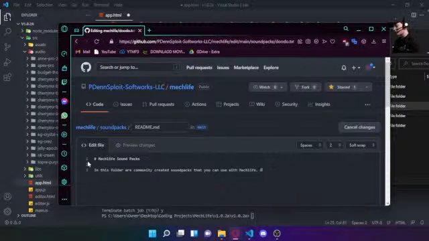Mechlife, download this repository as a .zip file and extract to find the contents. Then open this folder and you can